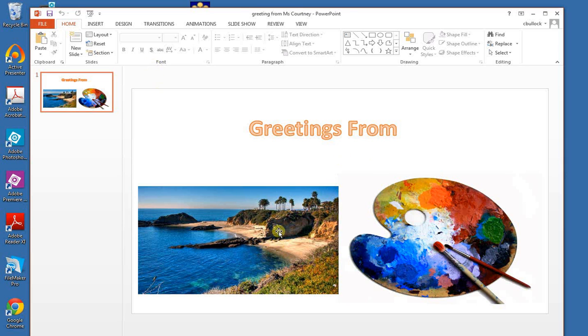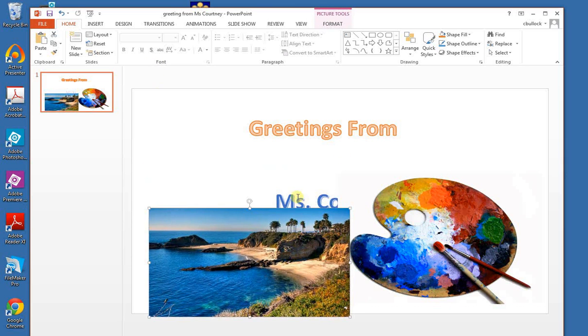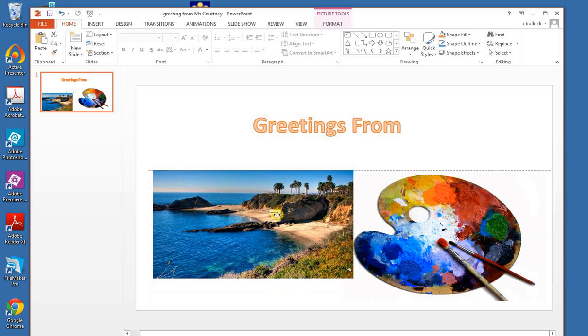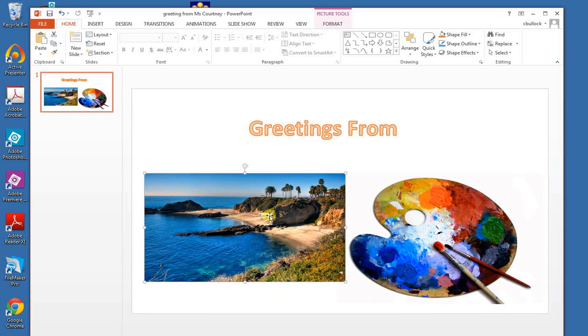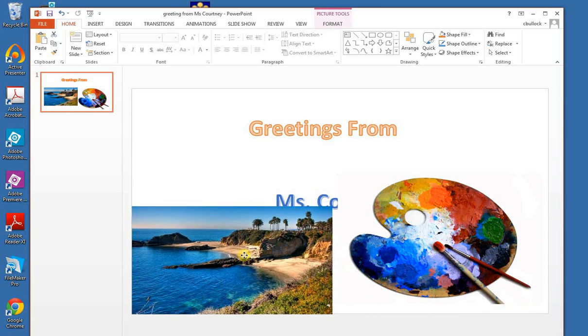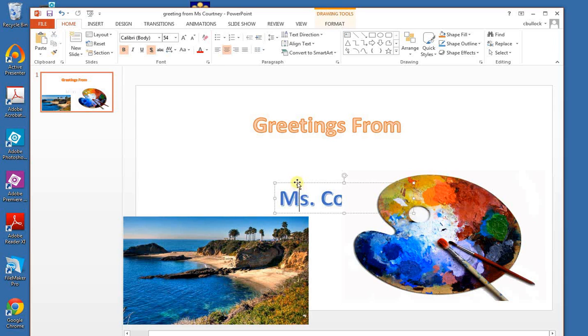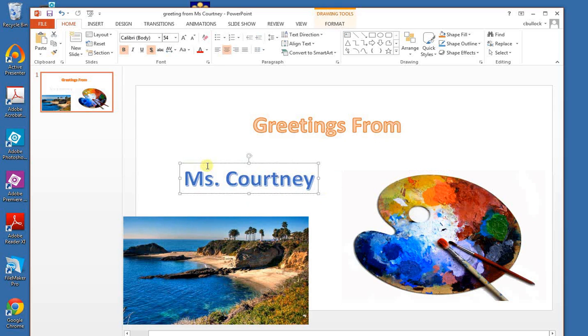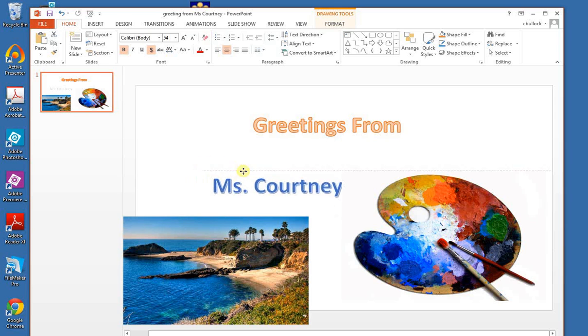So here's my file. Now, I don't want this. I can grab these and move them around, right? So that's how to open a file. Now I said I would change the word art. So let me just scoot this a little bit out of the way and get my word art. Now, this is something good to know. See how when this name was behind here, when you bring things in